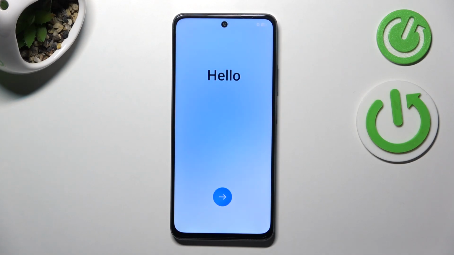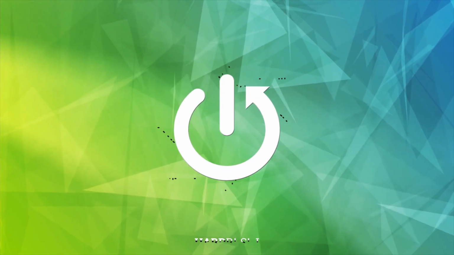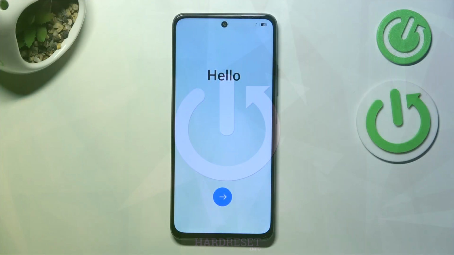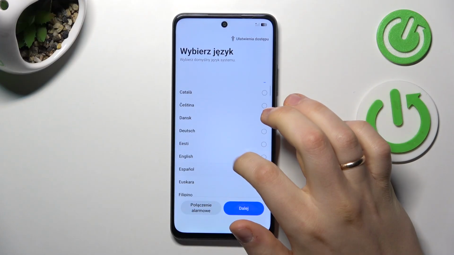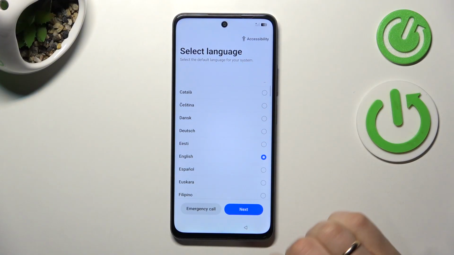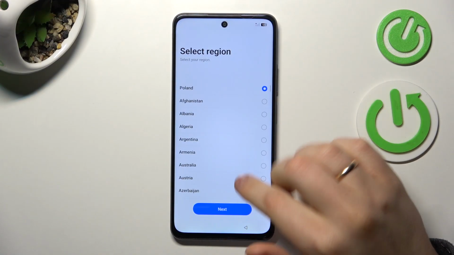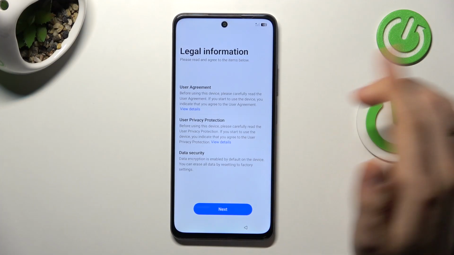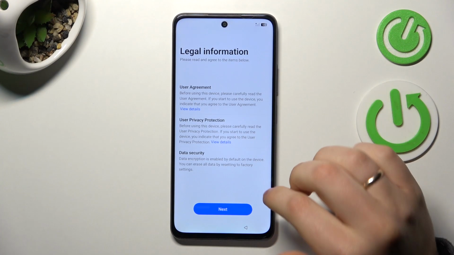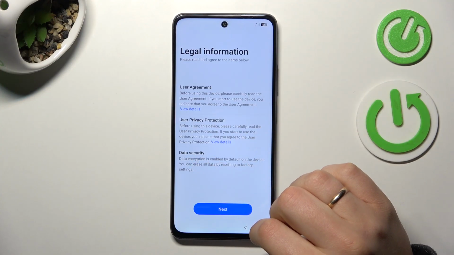This is REALME V60 Pro, and today I'll show how you can perform an initial system setup on this device. So at the start, you will need to select the language you would like to have your system and consequentially the whole phone in. Next, select the region that you reside in, then read all those legal agreements, terms of